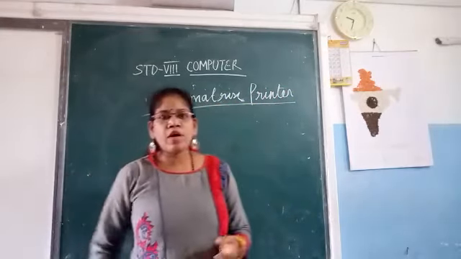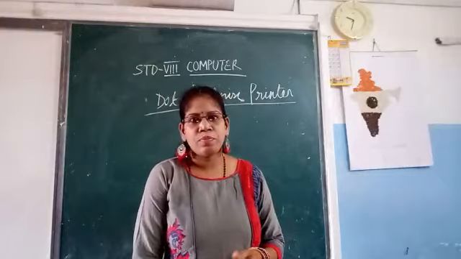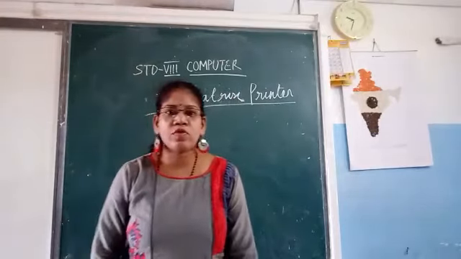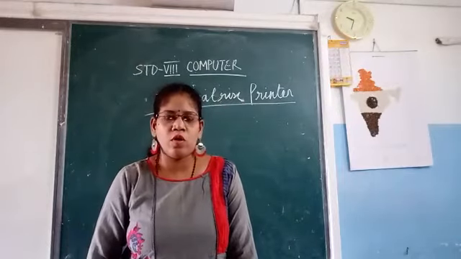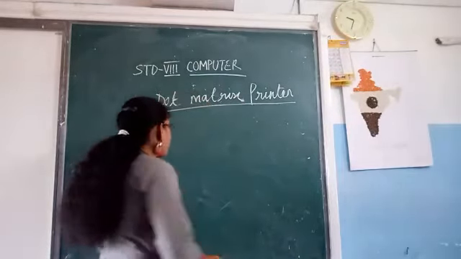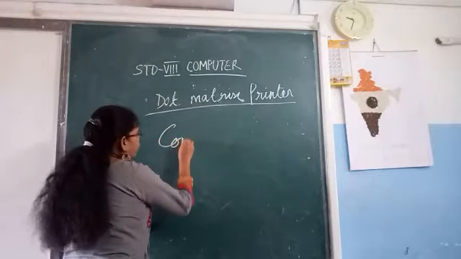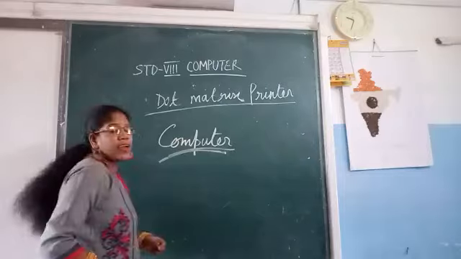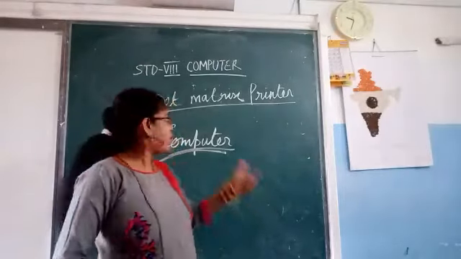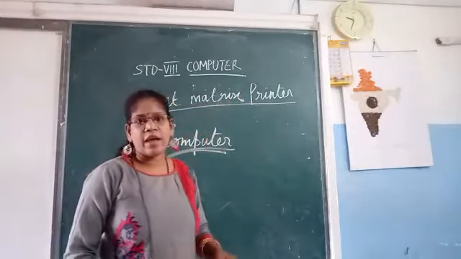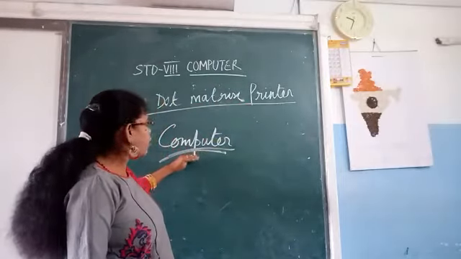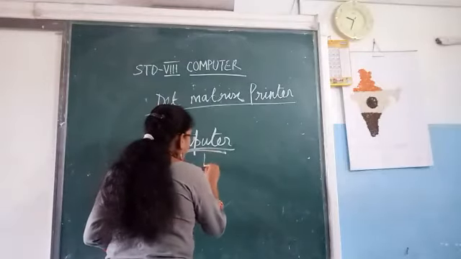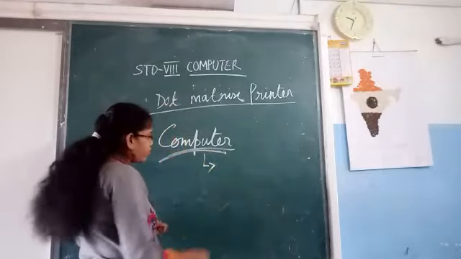Everyone knows when we take out any print, we get it in hard copy, on paper. So dot matrix printer, this printer produces image with the help of dots. For example, suppose I have written computer. And we are using which printer machine? We are using dot matrix printer. And I want to take out the print of computer. So how will the print come out? It will come in the form of dots.